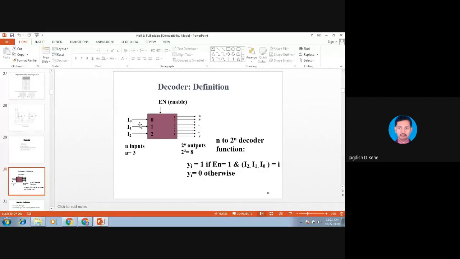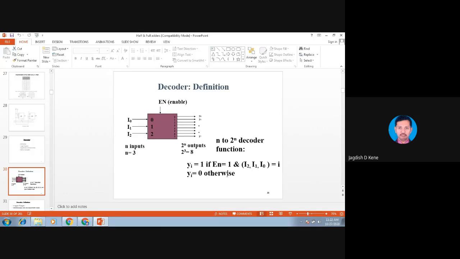So when it is 0 0 0, the first output is active high, so Y0 is connected to the data line. It will be used as a latch function. So the decoder is nothing but a latch, or it will act as an enabled buffer. Okay, so in digital language it is called an enabled buffer. It means the input is locked and it will be passed when the enable signal is active high.